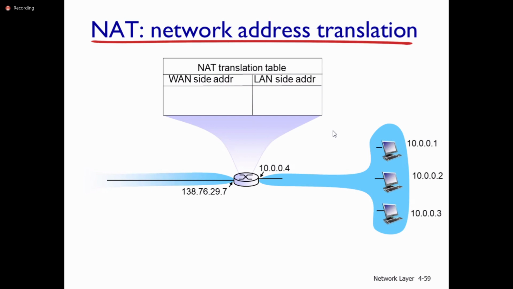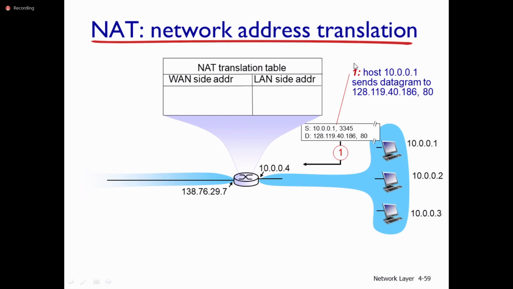If you look at the network, this is the NAT translation table: LAN side address and WAN side address. Here various LANs are connected to various WANs by using routers. You can look at here the host address